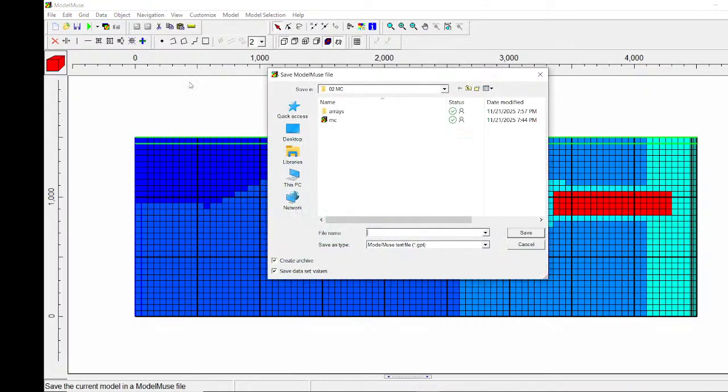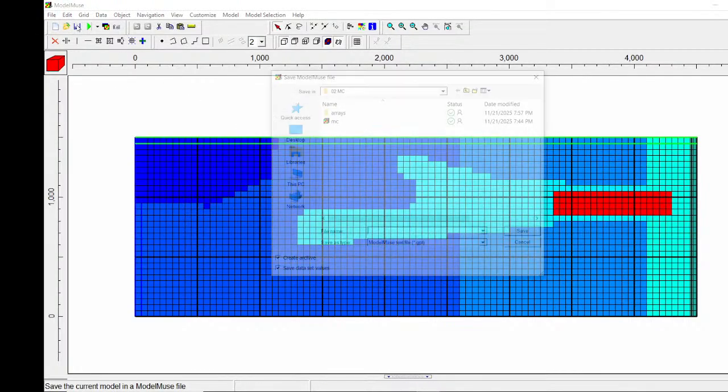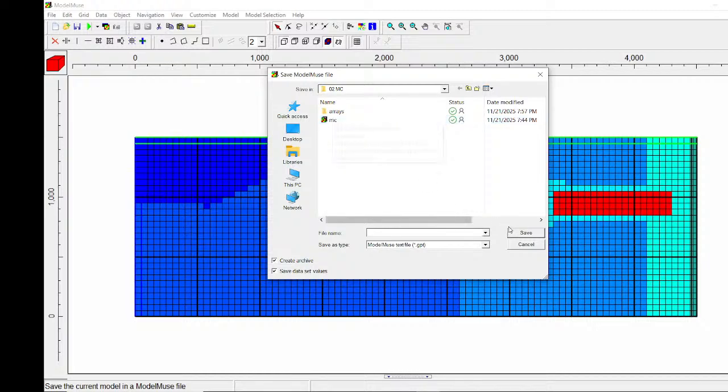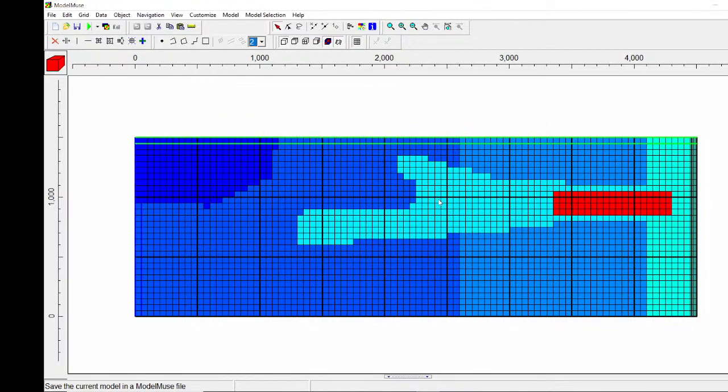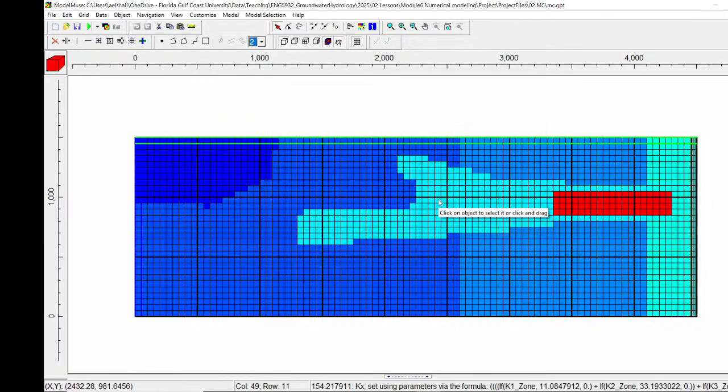Let's save as, okay. So now let me just save it here. Save this one. Model calibration. Now let's move to the last step, step number 5, which is